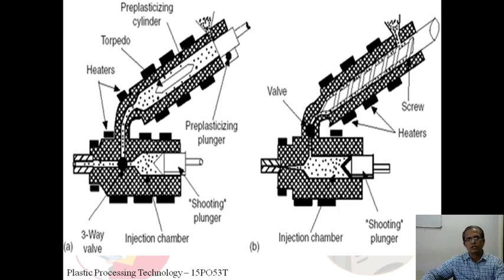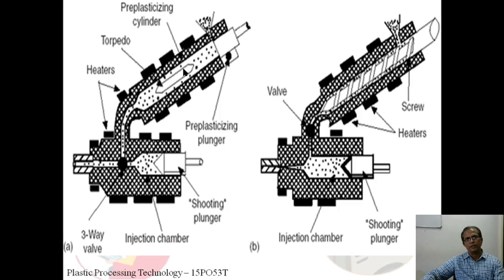Here you can watch the cross-sectional view of a machine that has two stages. This is the horizontally placed machine barrel. On the top there is one more arrangement called a plasticizing chamber. Material is fed from here and falls here, and the ram is going to push the